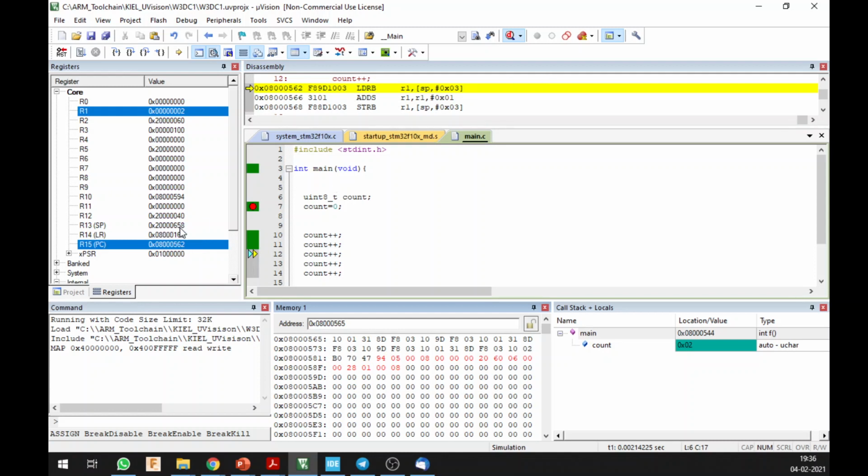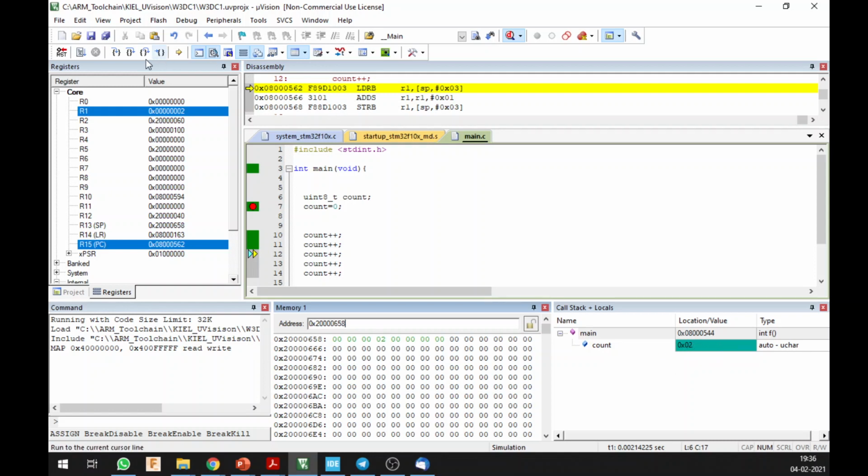Sorry, my stack pointer is 658. Okay, I made a mistake over here. I want to go to the stack pointer. Stack pointer is 200000658, so I will write over here 200000658. And if I go over there, in fact you can see 658 is this location, then you have 659, then 65A, and if you add another 1, then that will be 65B. So this 65B is indeed holding the value hexadecimal 2.